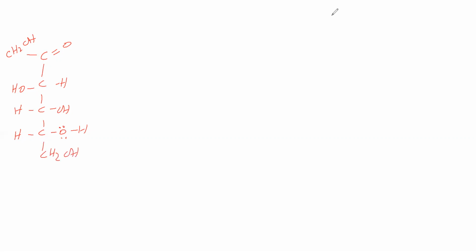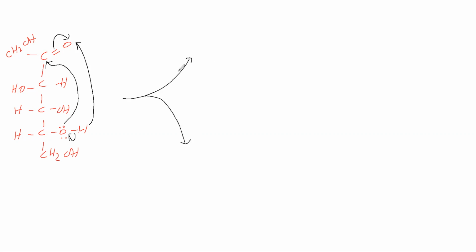Here we will take this one for the cyclic structure. This oxygen attacks the ketone either from the top or from the bottom. Then this bond migrates to this oxygen, and the H+ goes to this oxygen because the bond is shifting. So we will get two types of cyclic structures.